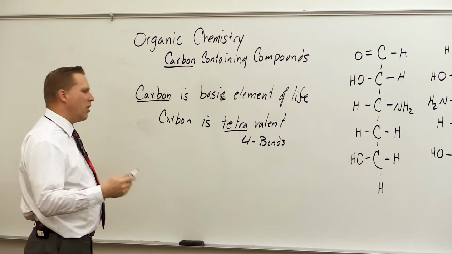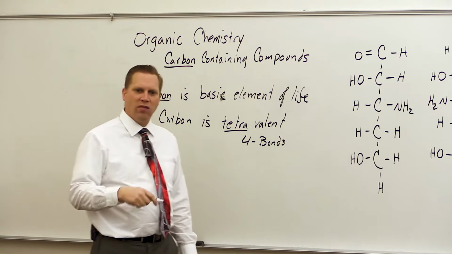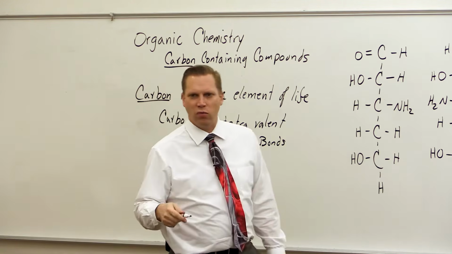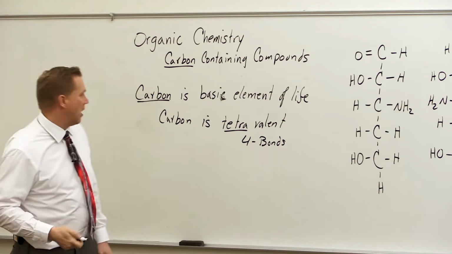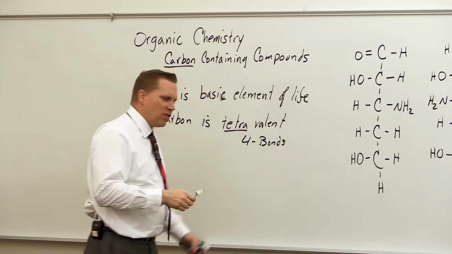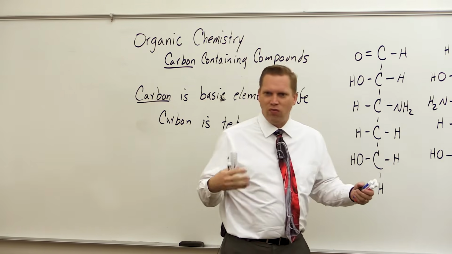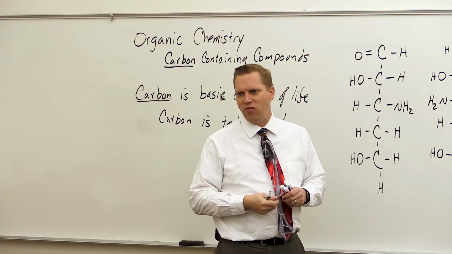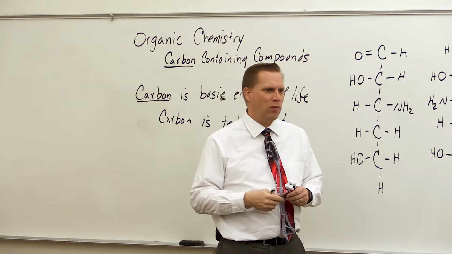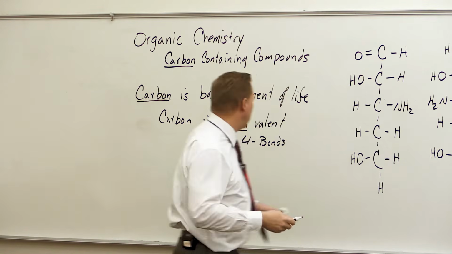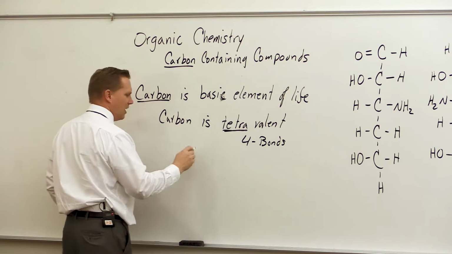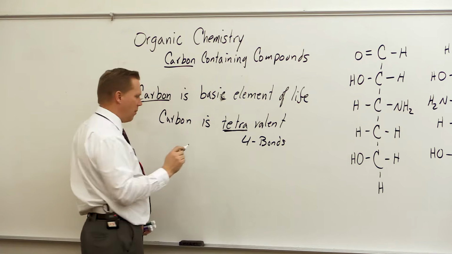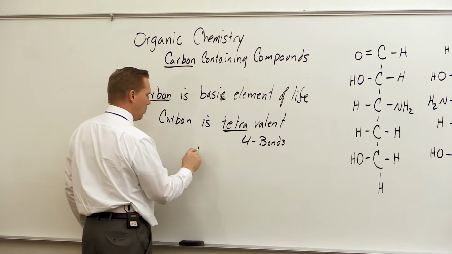Okay, now the other elements, oxygen will form 2 bonds, nitrogen will form 3 bonds, hydrogen will form 1 bond. So carbon represents the largest number in that group. There are other elements that form more bonds. So phosphorus, we'll see, forms up to 5 bonds. Sulfur can form up to 6. But carbon, with its ability to form 4 bonds, and in addition, a couple other properties that make it unique is carbon